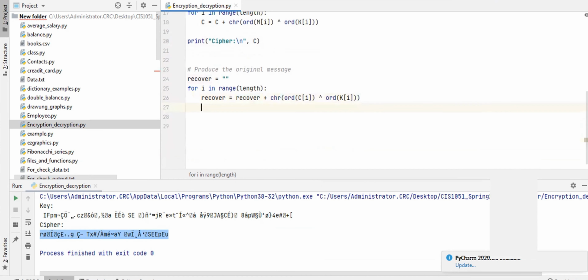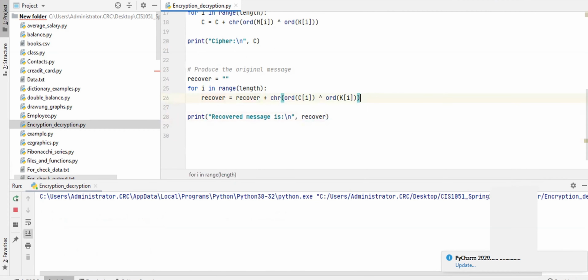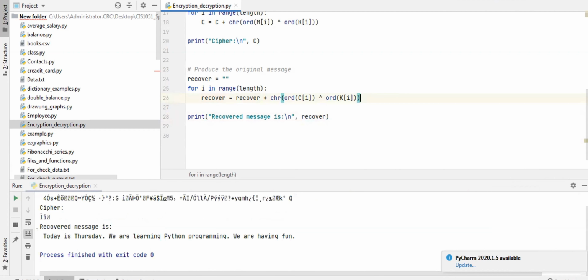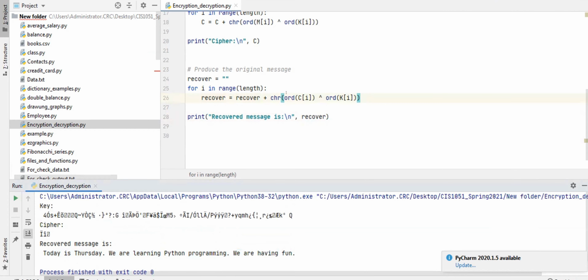All right. Let's see the recovered message. If I run it, you can see that the recovered message is: today is Thursday. We are learning Python programming. We are having fun. So from the ciphertext and the key, your friend is able to generate the original message.